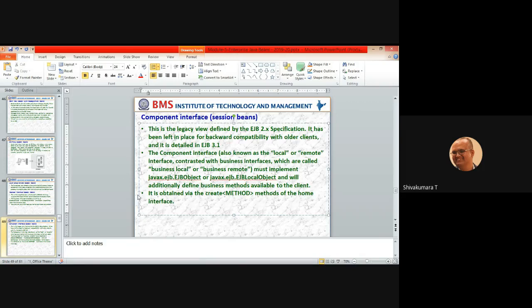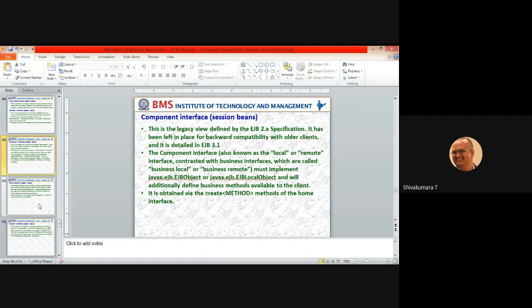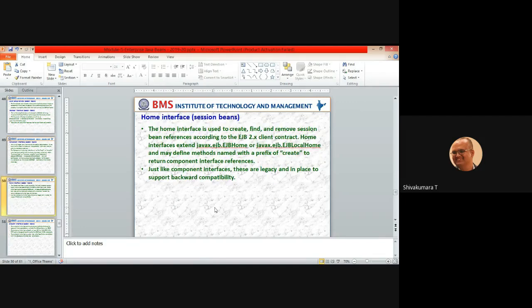You can obtain those methods by implementing. Just now we used the exposed interface, how it created the abstract method in the local interface. In the same way you can create the method with the help of those facilities. And the home interface